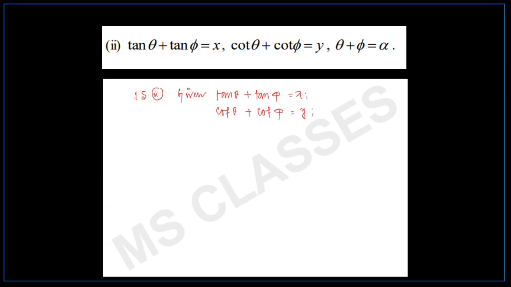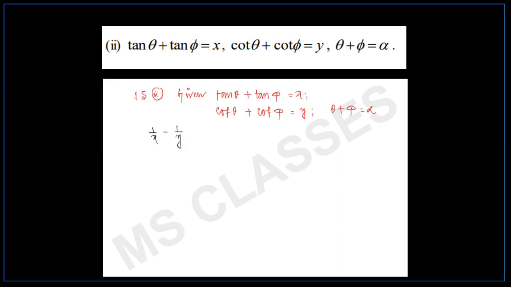We have to eliminate here theta and phi. It is given theta plus phi equal to alpha. And we have to eliminate theta and phi. Now for that, what we do? We start with this x and y only because that is a given part. So we can write this one as